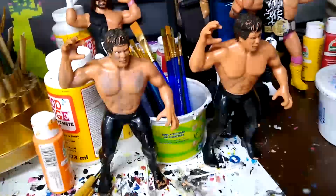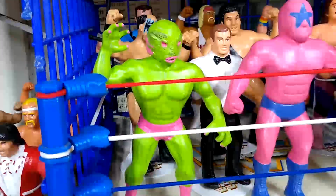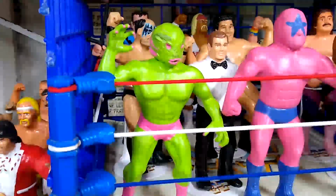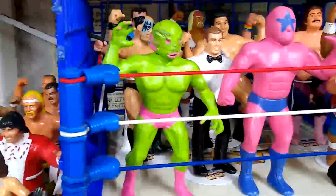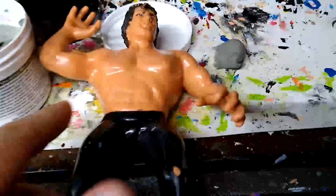For this video, with my WWF LJNs, I'm going to take these two Ricky the Dragon Steamboats and turn them into the Amazon from the NES Nintendo Pro Wrestling game. Alright, so the first thing that I've done for Ricky the Dragon Steamboat, who is now going to become the